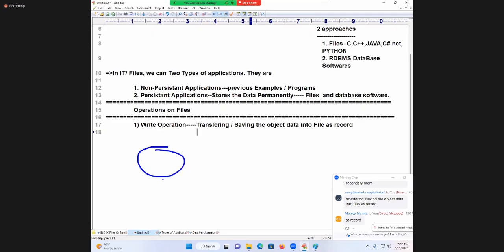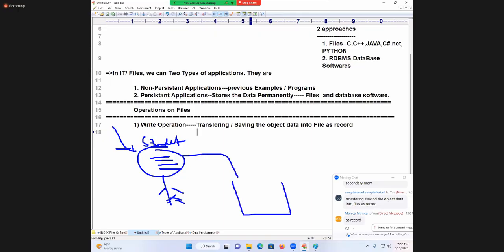General example. Anybody feel difficulty? A student is a human being, for example, whether you are there or myself. My sir will explain. Subject is there in the brain. Sir will say immediately write the notes. Why is the notes being written? Write operation means transferring your brain into the notes or not? So what is the write operation doing?